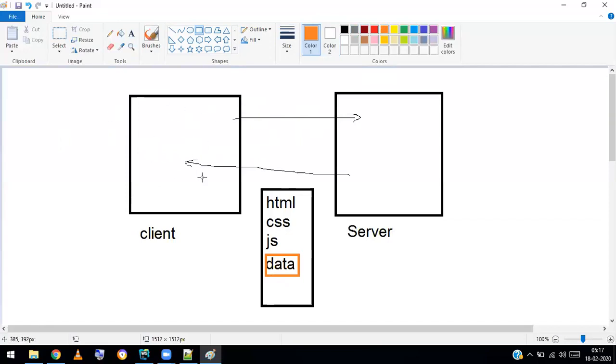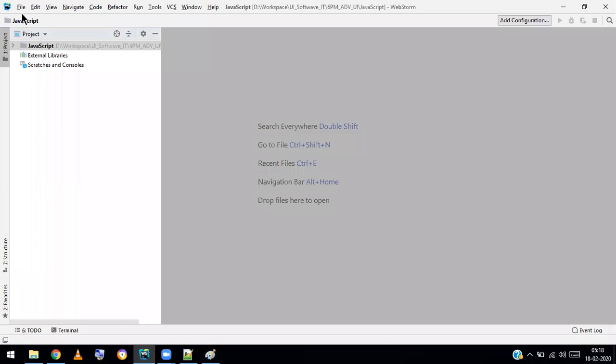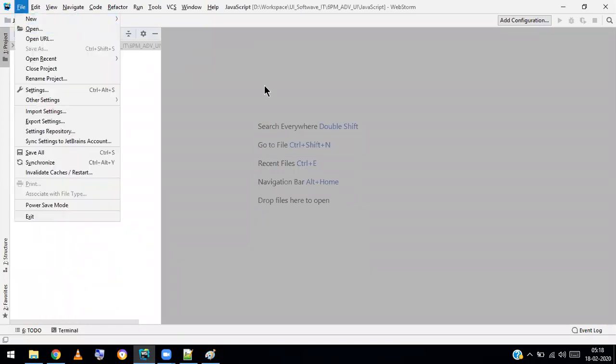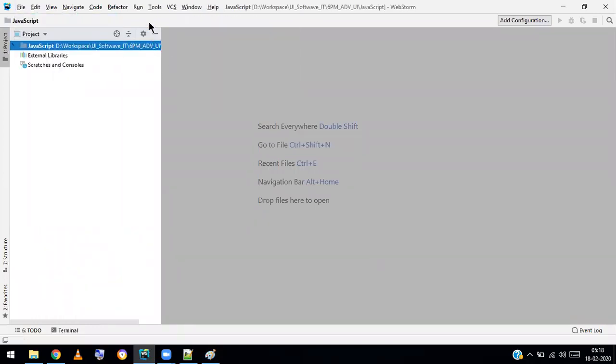It means the first time when you request something from the server, yes, you have to get all of this. So the first time a refresh will happen, and after that, if you do any operation at the client side, like adding an employee, deleting an employee, or going to different routes and pages, you never see a page refresh. It seems like a desktop application. Same like WebStorm, which is a desktop application.